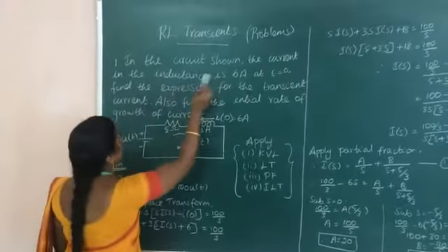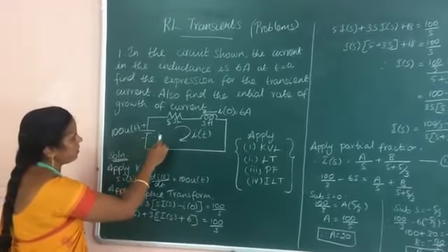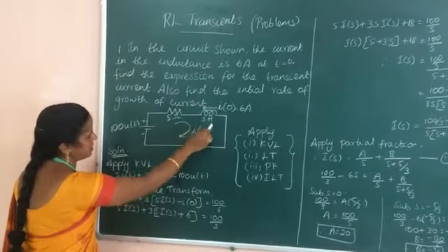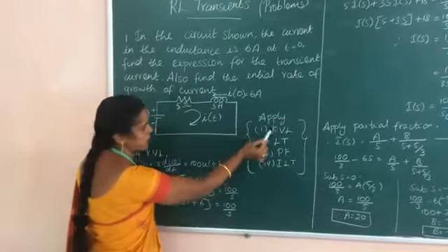So this is the given circuit. If you see, here you have a DC source, then you have an RL connected in series. The initial current of this inductance is given as I of 0 is equal to 6 ampere. As we are already thorough with this derivation, we know we have to follow 4 steps for finding the transient current. First one is we have to apply KVL.